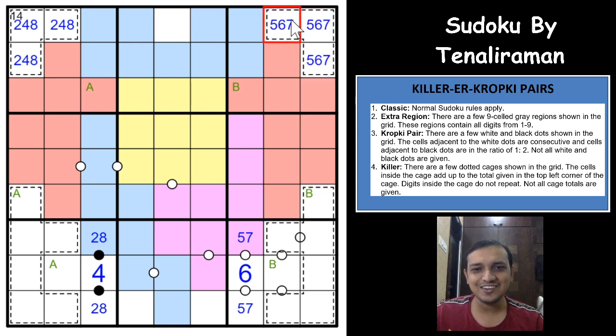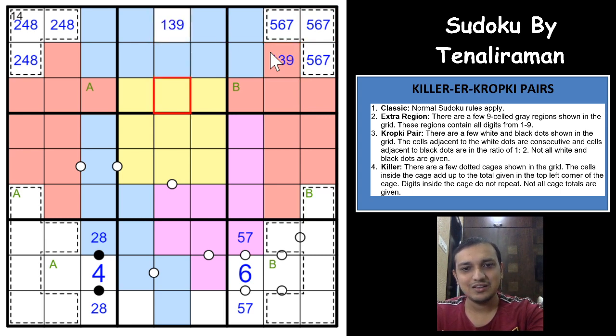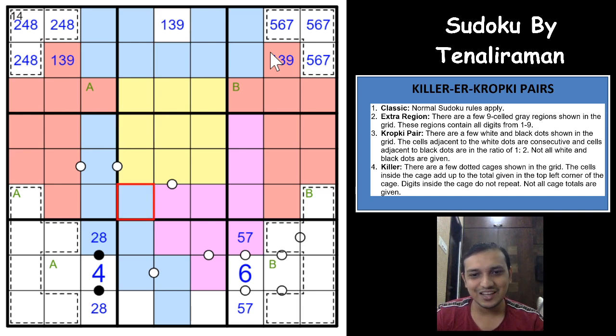Excellent, guys. We did not need the sum of these 3 digits at all. So which means that the remaining 3 digits would have to be 1, 3 and 9. Wow, superb, excellent logic, guys. It was really difficult to see that, and really difficult to construct that. How the constructor would have thought of this logic, guys. Awesome. So let's see if we get anything else.